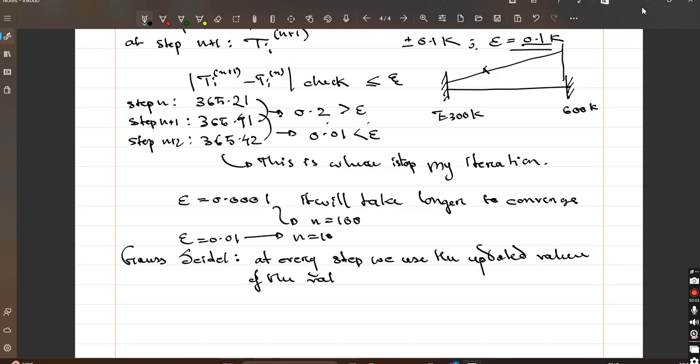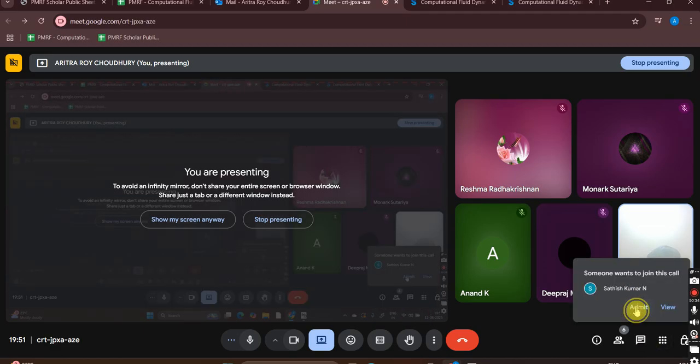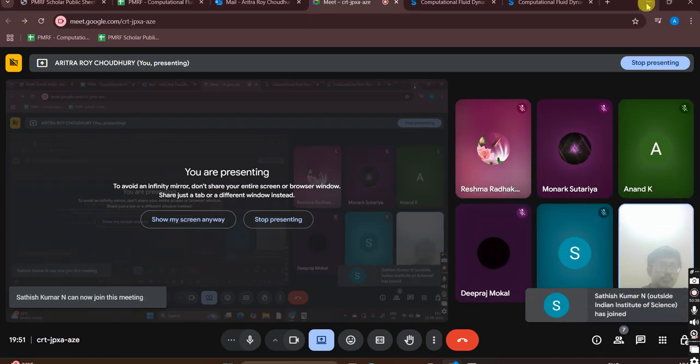This step will use the updated values, right? Okay, by that, what do I mean? So let's go to the next page. For example, the superscript I have written as 0 means the initial guess, right? This is the initial guess, and we have seen that phi, say phi 1,